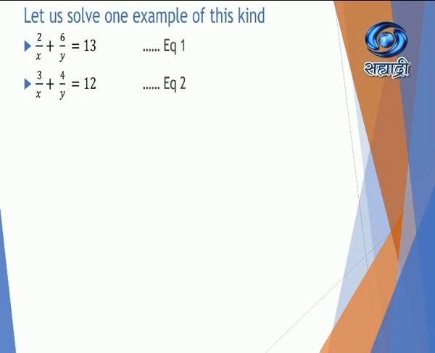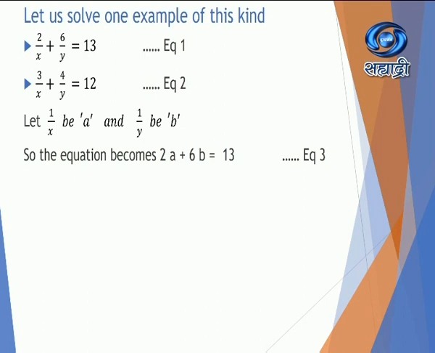Now you will say that this is not a proper linear equation, but this particular equation can be converted to a proper linear equation, and then we will be able to find the values for x and y. Let us study how. As in the previous equations, I have labeled equation 1 and equation 2. Now we can take 1 upon x as a, any variable you can choose. I have taken a and b. So let 1 upon x equal a and 1 upon y equal b.